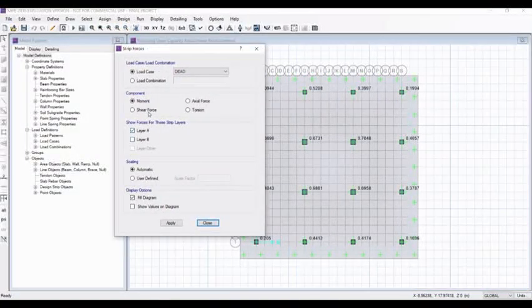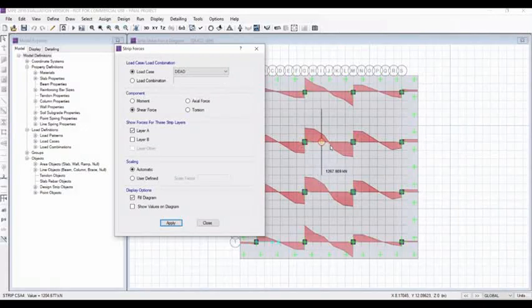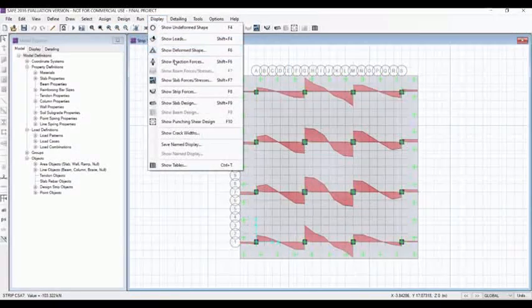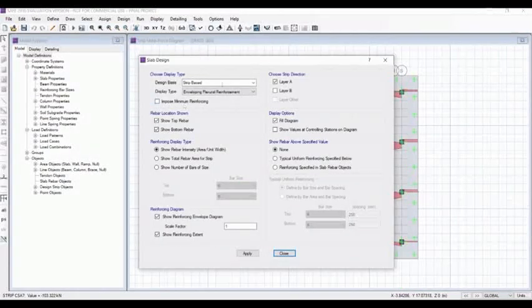Here you can go to load cases, moment, shear force, anything, layer A, layer B, and we can apply, and we can go to the shear force, and we will go to the design. We can apply it here. We can also interpret more results by going to display, slab design, strip based.